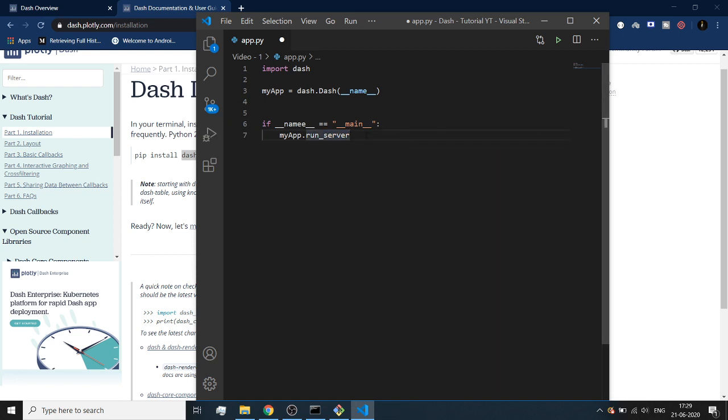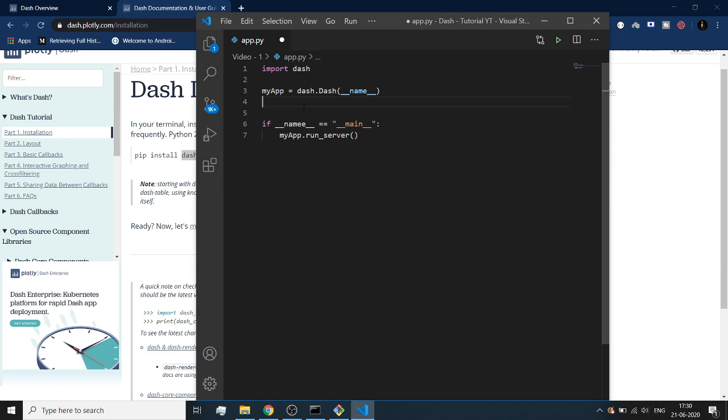So where am I hosting this server? I'm going to be hosting this server on my local machine. So the moment I run this app.py file, it is going to create a local server on my computer, and it is going to point me to a local address, and you are going to see how all those things play out. But right now just understand that this is a function, myapp.run server.